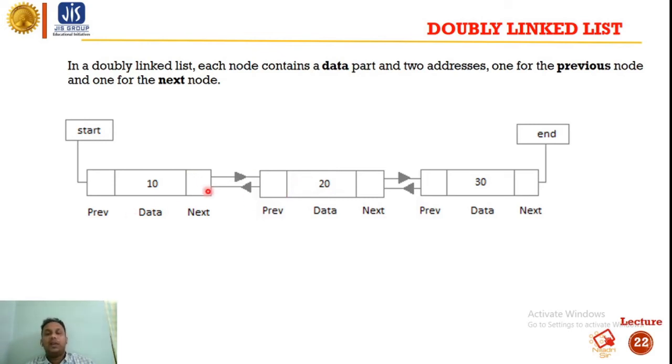And why we use a double linked list, I have already discussed. There is a small difference from a single linked list: in a single linked list there is only one head, but in a double linked list you have to give a new name, because there are two heads, one called head and another called tail. The head stores the address of the first node and the tail stores the address of the last node. Here head is called start and tail is called end.